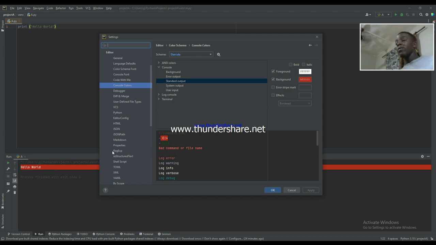And also if you want to change this thing at the background, I'll show you the directory and the exit code. What you do is that you come right here, that is bad command or file name as well. So the file name is a directory. Bad command is one that tells you if your code has an error or anything. So basically you want to change, you click on it, and then